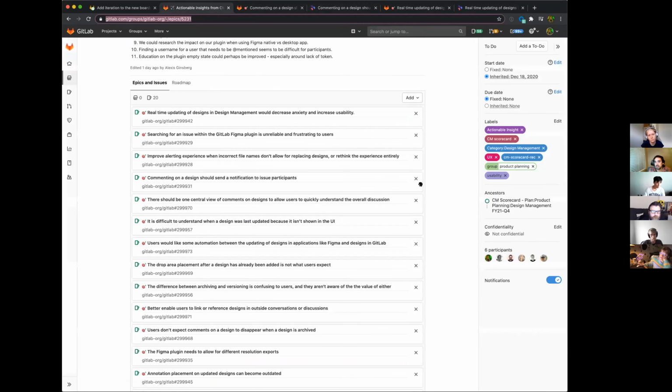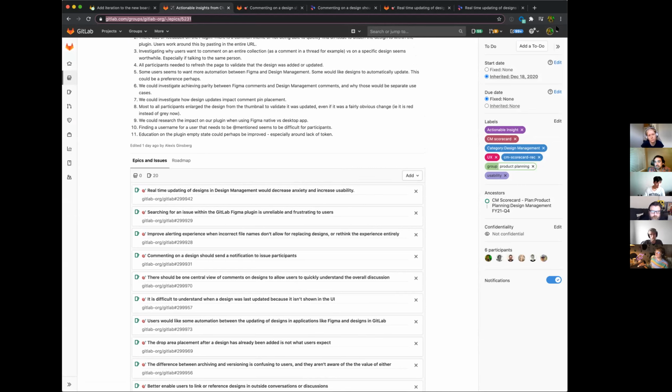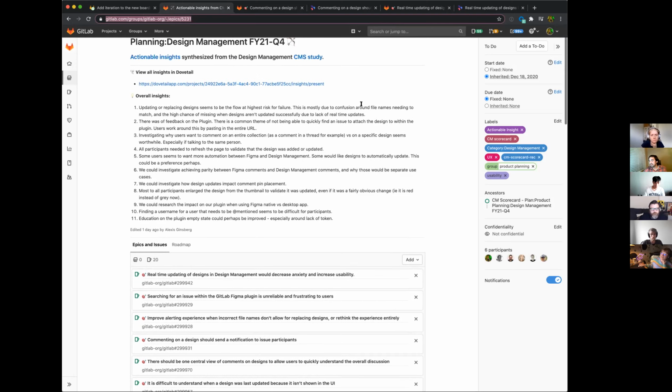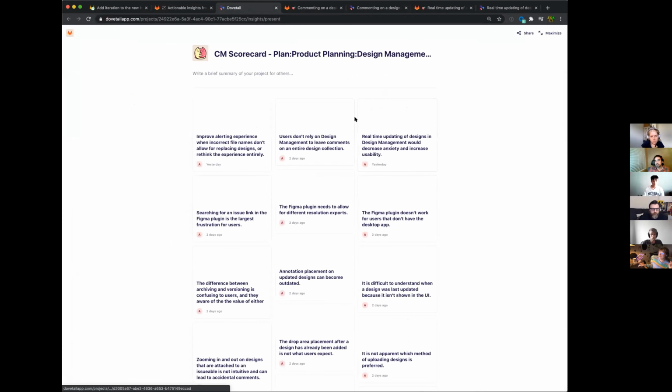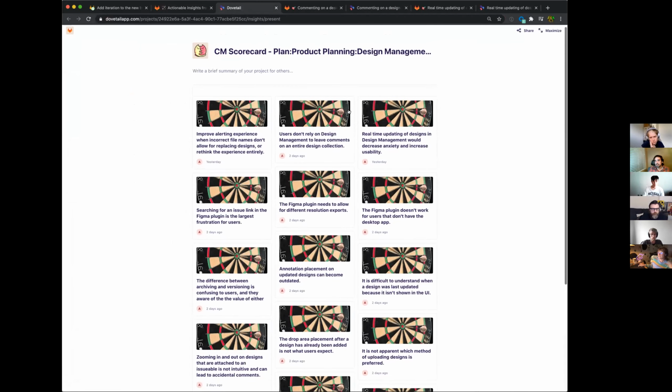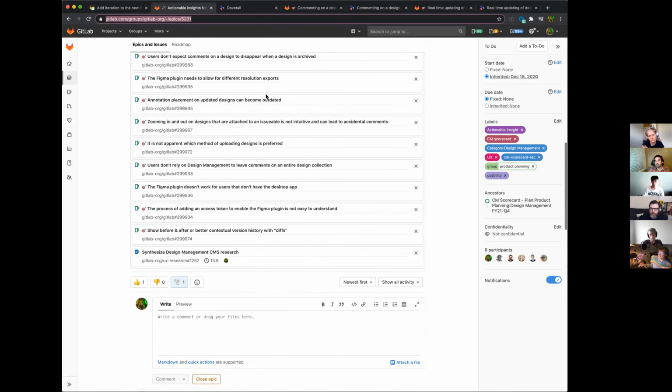Within design management, we actually went up in our maturity score. We were at minimal, and we went up to viable, which is awesome. If it wasn't with only internal participants, we would have actually gone up to complete or lovable, because they were having a good time with design management and the testing process. That was kind of part of the problem. I think they were a little biased and scoring a little too positively on this test, but we did go up 1 level, and we also got some great insights here.